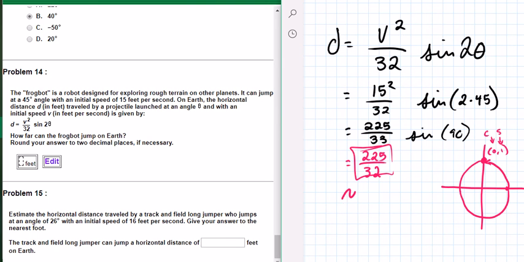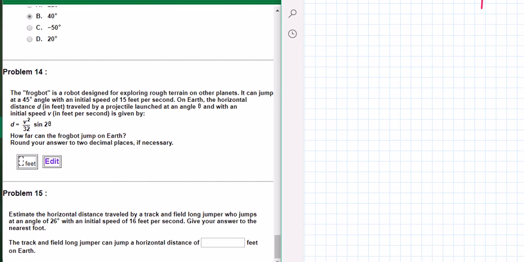Now, if you were to approximate it, it would be just over 7 feet. Alright, and it does say round to 2 decimal places, so when you type it in, it's going to be 7.03. And looking at problem 15 here, estimate the horizontal distance traveled by a track and field long jumper who jumps at a 26-degree angle and 15 feet per second. So using the exact same formula,